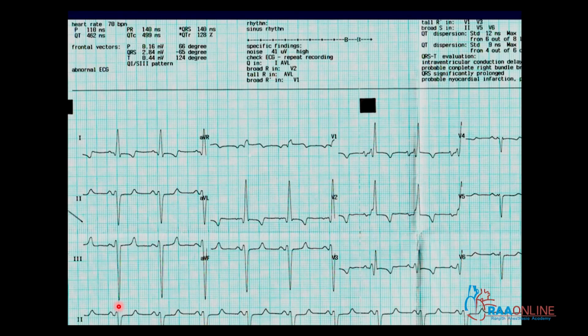Before going in for any chamber enlargement, it is very, very important that you look at the standardization and speed. Don't jump to a heart rate of 43 per minute without looking at the speed. For chamber enlargement, whatever criteria we are going to tell will be correct only when the ECG is recorded at 1 millivolt standardization, which is 10 millimeter in height. All the criteria I am going to tell, and the durations, are valid only when the ECG is recorded at 25 millimeter per second speed.